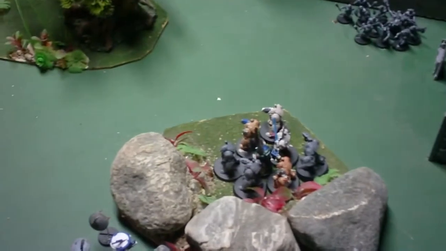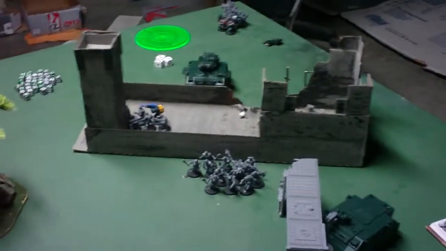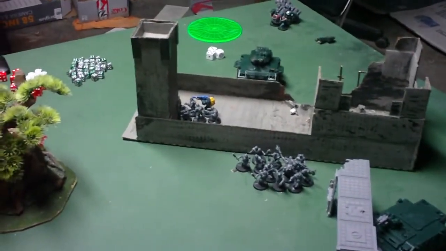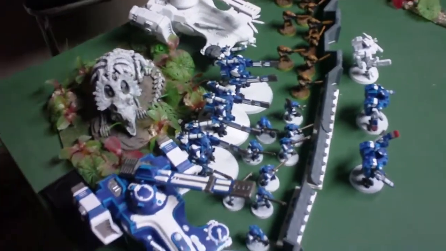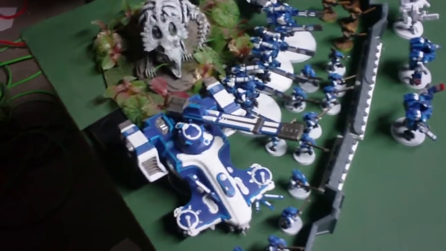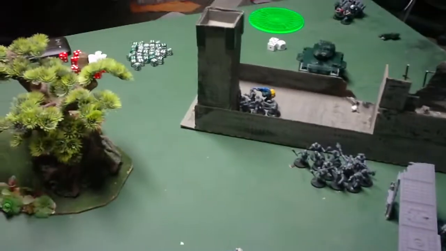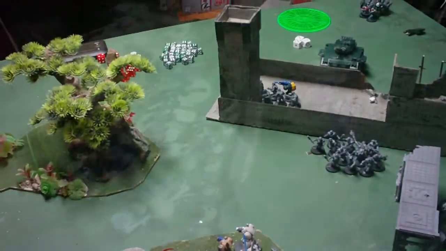The Deathwing Knights dropped in over here. They didn't run or anything. They're just sticking around. The Whirlwind shot at the majority of my stuff over here. Tried to put it on the fire warriors. It scattered. Only hit the hammerhead. Didn't do anything. And everything else just pretty much moved up. And that's it. So we'll come back at the top of...